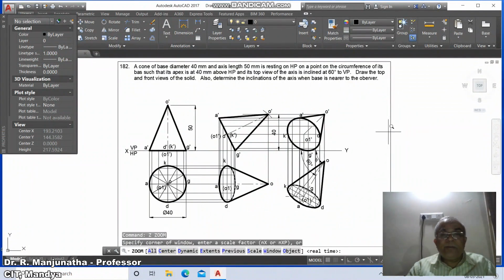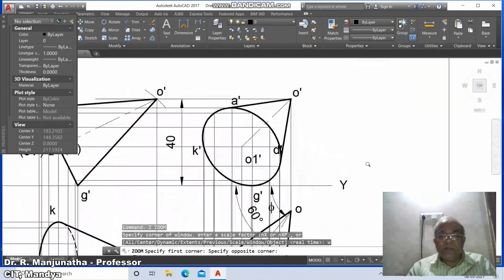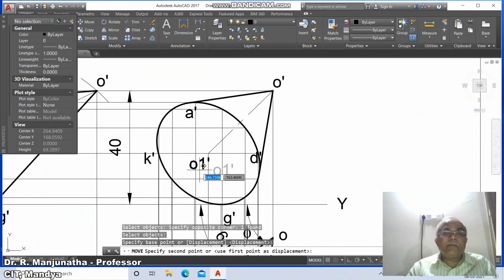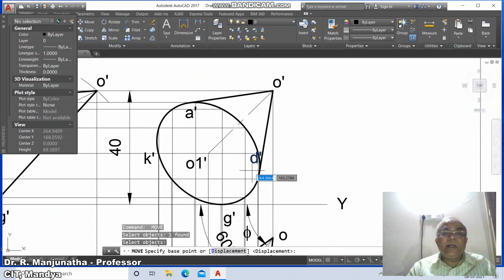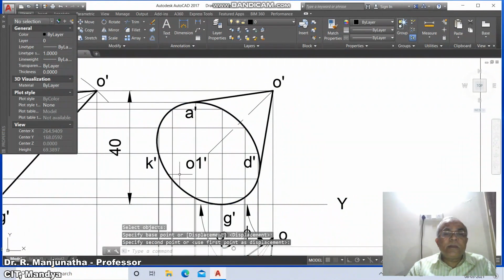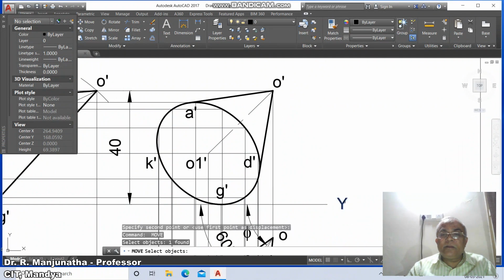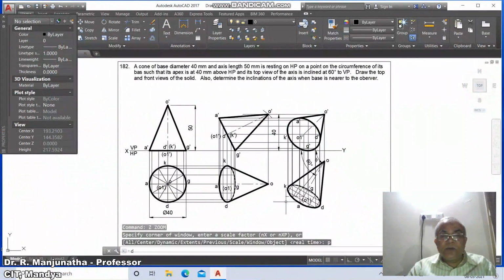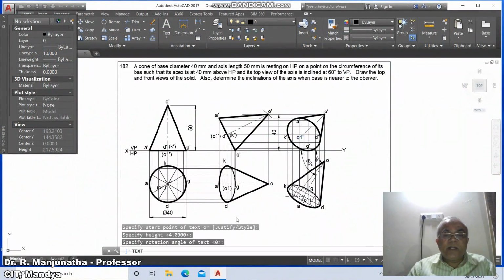Then zoom window, then come down to this, then go to O dash, then A dash, then O1 dash, then D dash, then K dash, then G dash. Now here it is Y. Go to zoom previous and go to D text and type answer.